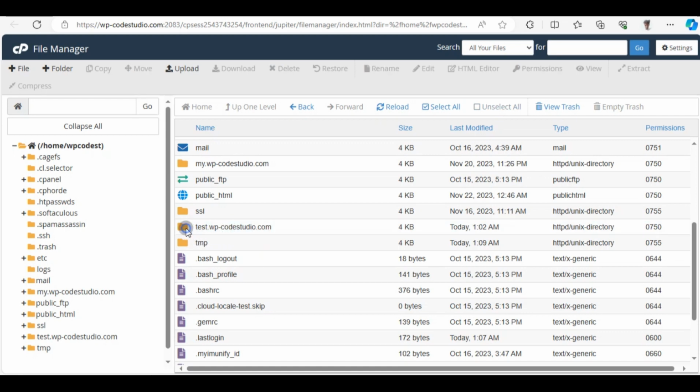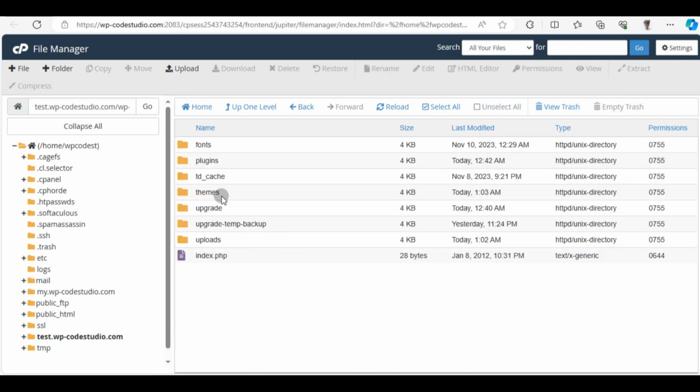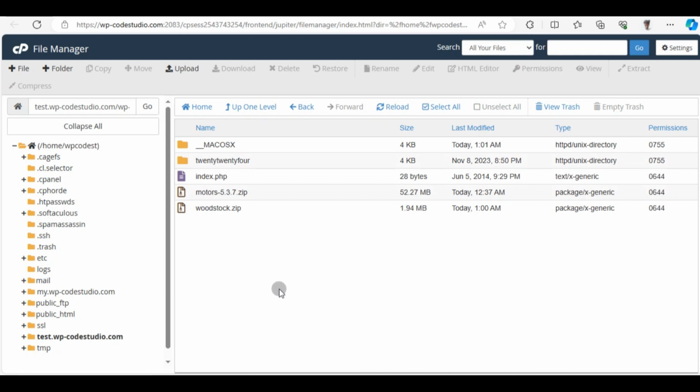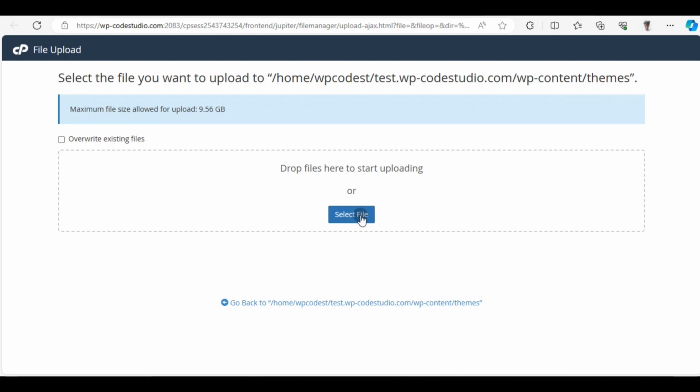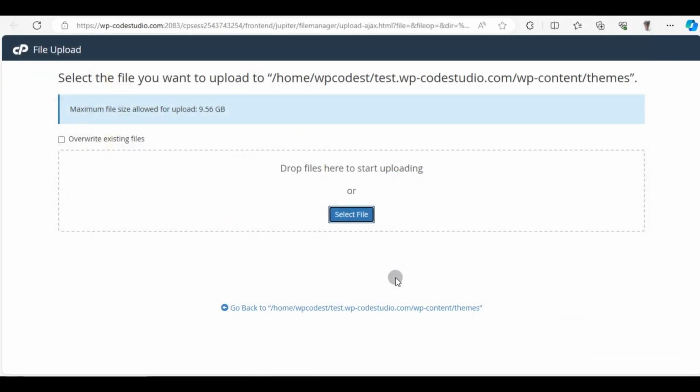Click on this, and inside that domain you will get the same folders. Click on wp-content again, then the themes option, and inside of this, upload the zip file from here and upload it,